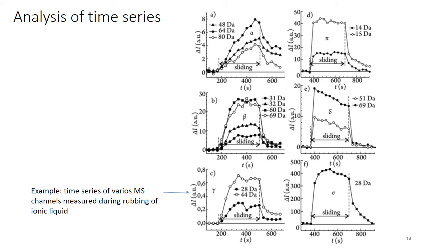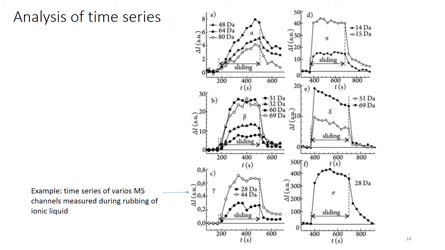So the same ion can belong to more than one compound, and this makes the analysis very difficult. So we suggested the next approach to help us to separate the ions, identify these ions, and assign them